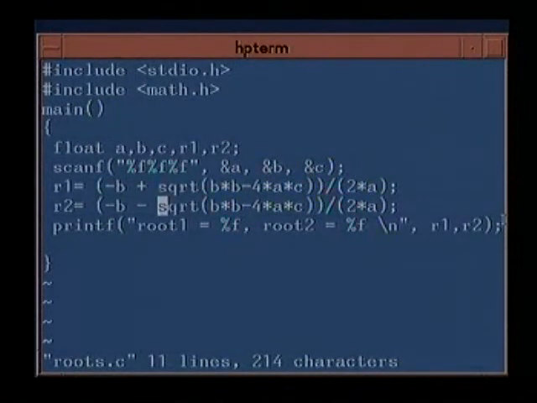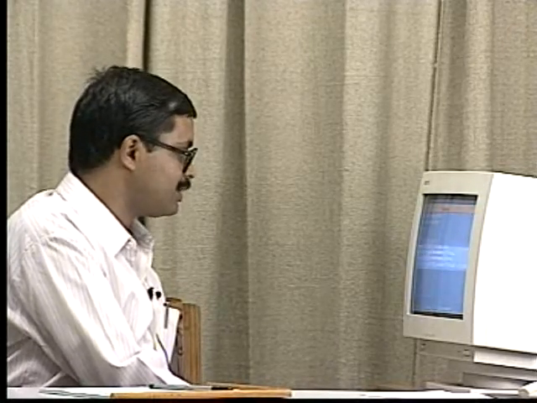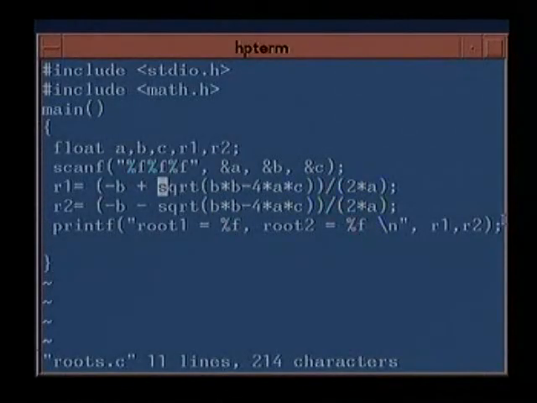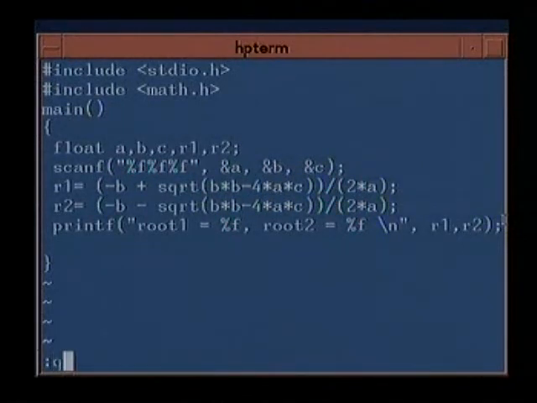However, this program does not take care of the issues of separating out the cases when the roots are equal, when the roots are complex, and when the roots are unequal. That is, the 2 real roots are there, complex roots are there, and the equal roots are there. So, now let us see how we will separate out the 3 parts. In order to separate out the 3 parts, we need the conditional statement or the if statement. So, there is an if statement in C language as well.